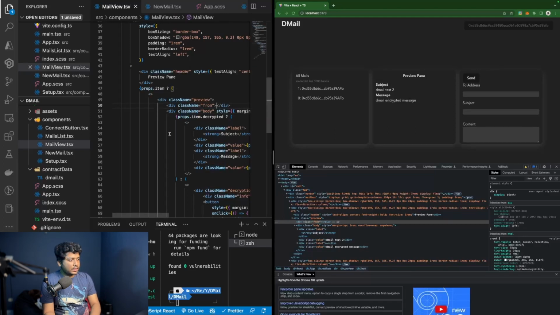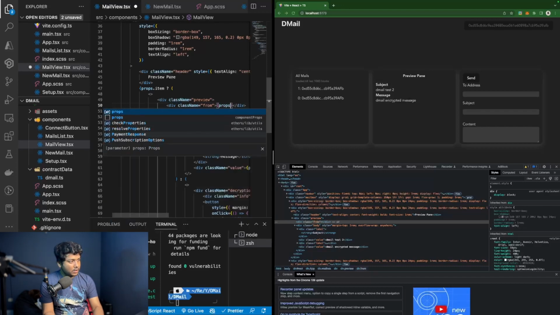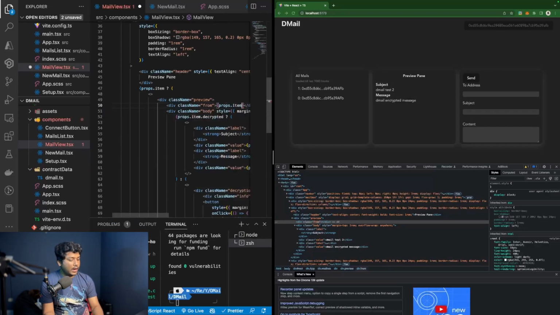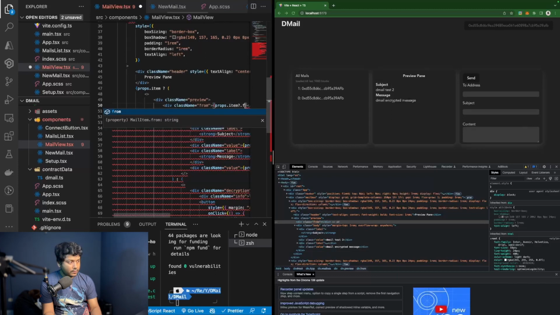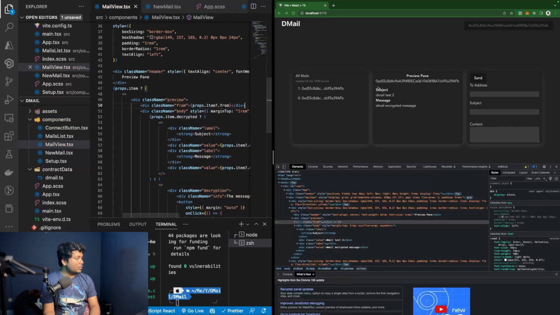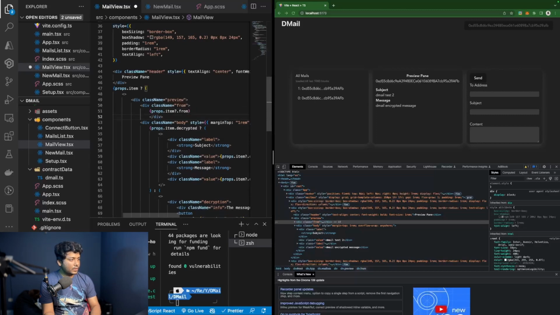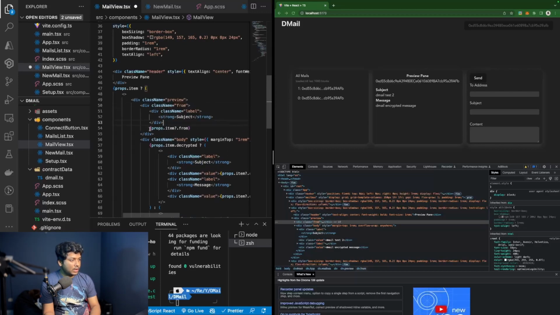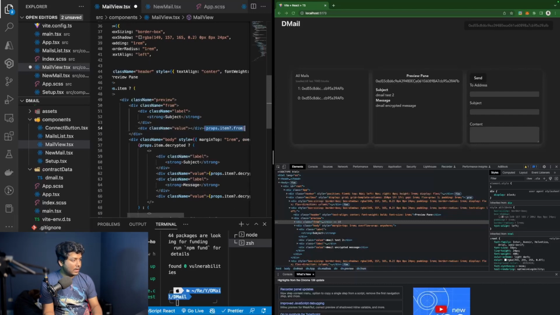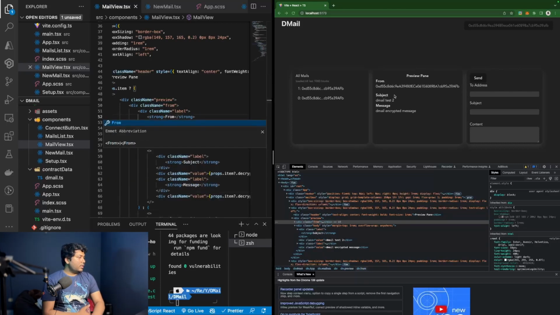for us to know who has sent the mail. We can add the from address from here: props.item.from. That way we'll be able to see the from. And let's add a label here, just like the one we have here. Let's add a label and value, and we'll have the value placed here. Okay, and this will be from. So we now know from whom we have got the mail and